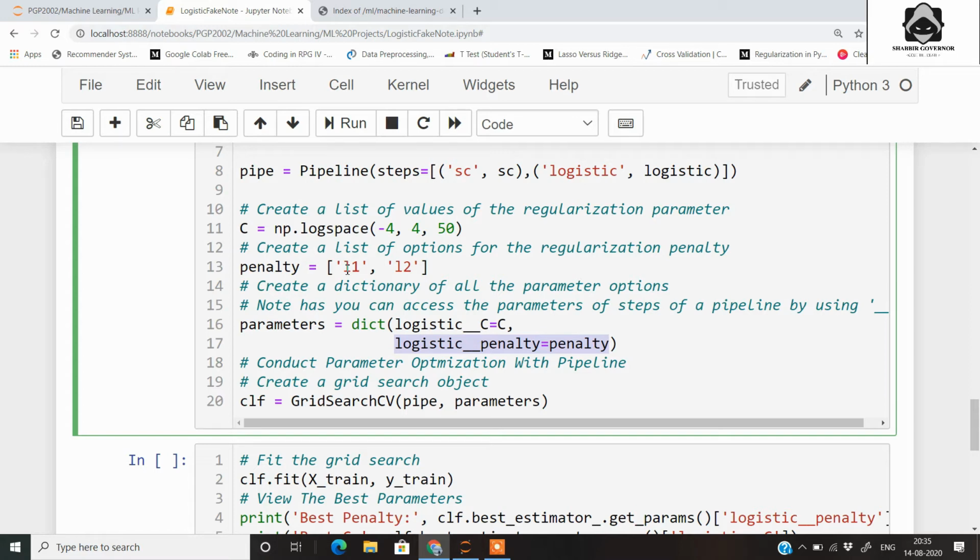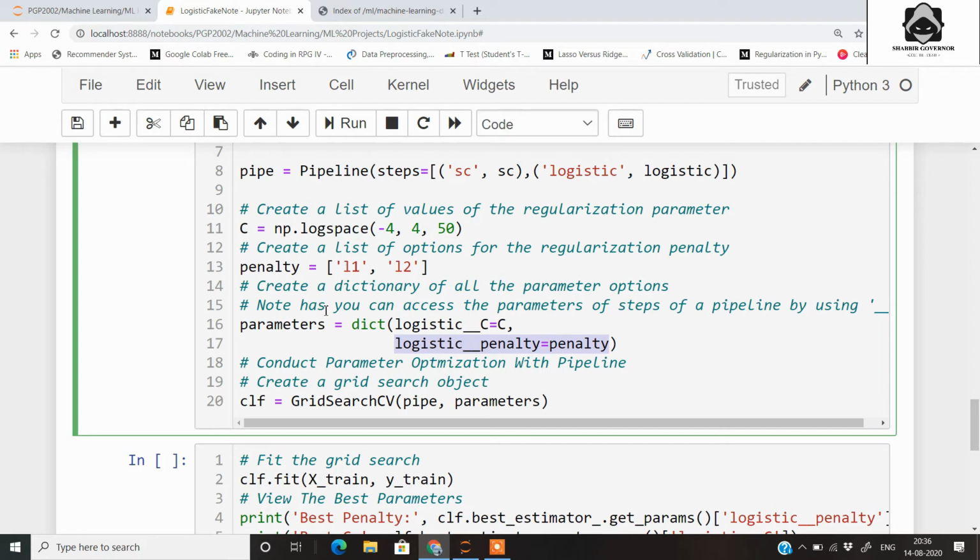Ridge regression adds the squared magnitude of the coefficient as a penalty term, and lasso adds the absolute value of the magnitude as the penalty term to the loss function. So we will let the grid search decide which is best for our model.